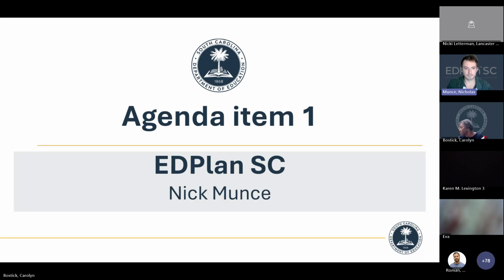All right, and then the second most common thing we dealt with in Table 4, the exiting table, are issues with exit data itself. So when I talk about exit data, for the vast majority of what I'm about to say, I'm referring to the student actually exiting your LEA, like no longer being in your district. At the very end, I'll talk about the transfer to regular education code and how that plays into the report and how you might need to correct things related to that. But for most of what I'm going to talk about, it relates to students leaving your LEA entirely.